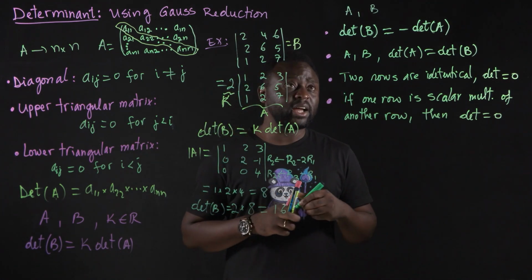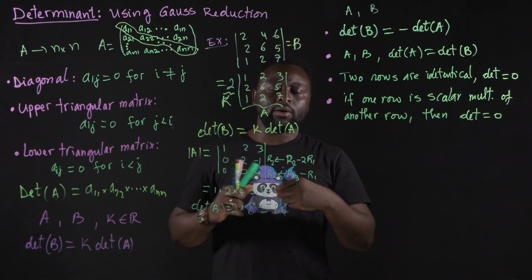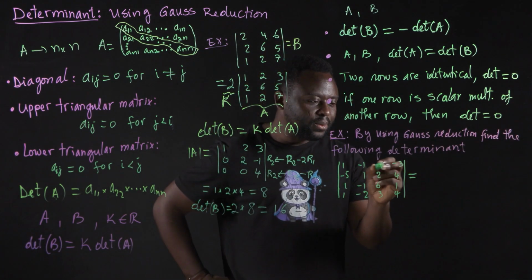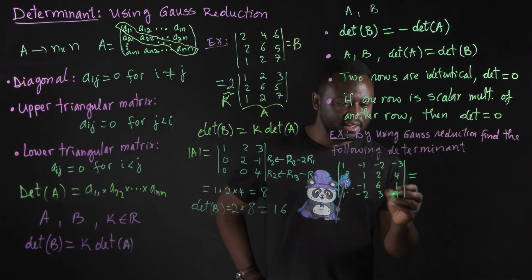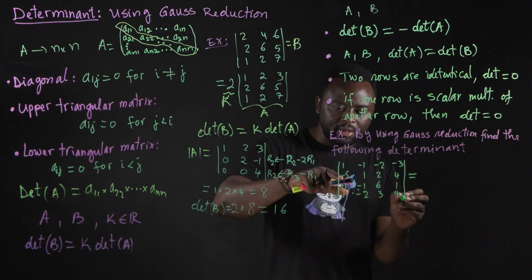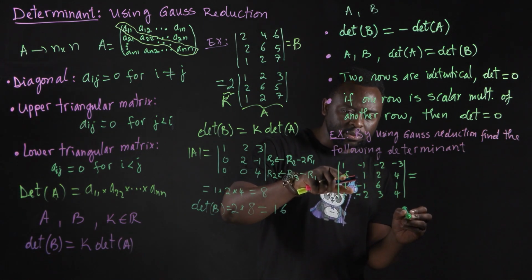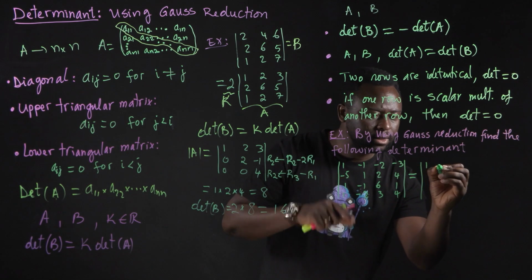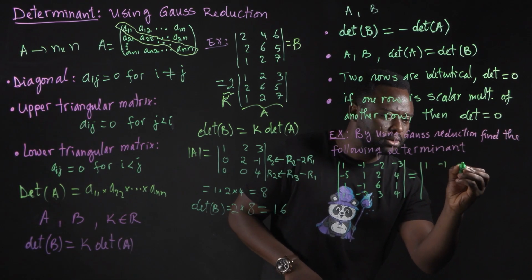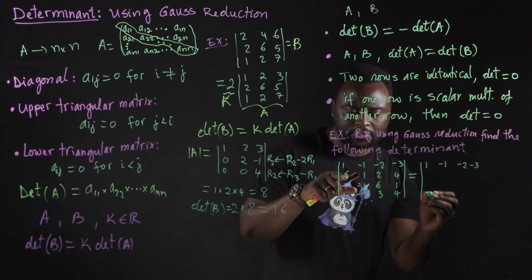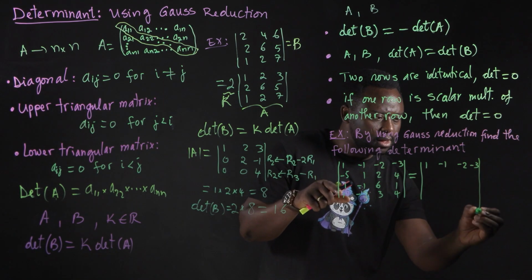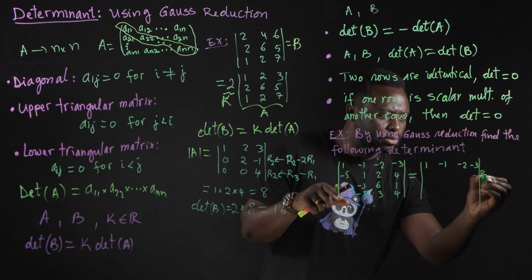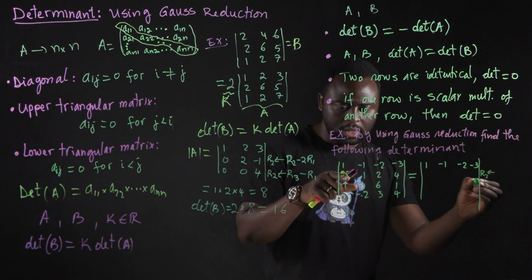So let's take an example of a matrix where we apply Gauss reduction. All right, we want to find this determinant. Okay, let's start with this first term. We want to get rid of this. We want this to be 0. So the first row, I first write the first row: 1, minus 1, minus 2, minus 3. For this one, if we consider R2 becomes R2